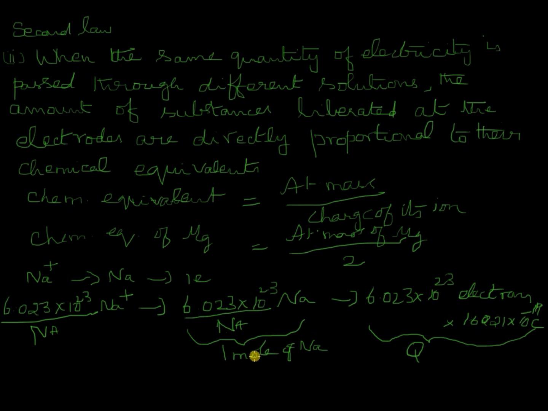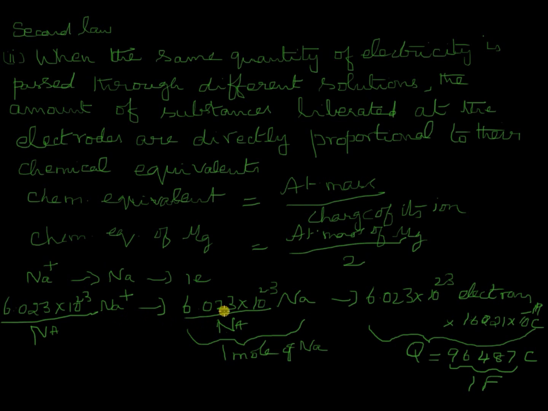1 gram atomic weight, or 1 mole of sodium, needs this many coulombs. This Q, if you multiply, you will find it to be 96,487 coulombs. This quantity is called 1 Faraday to honor the scientist who has done exhaustive work in this field. So when we say we passed 1 Faraday current, we mean to say we have passed 96,487 coulombs, or we can say we have passed 1 mole of electrons, and 1 mole of electrons will bring